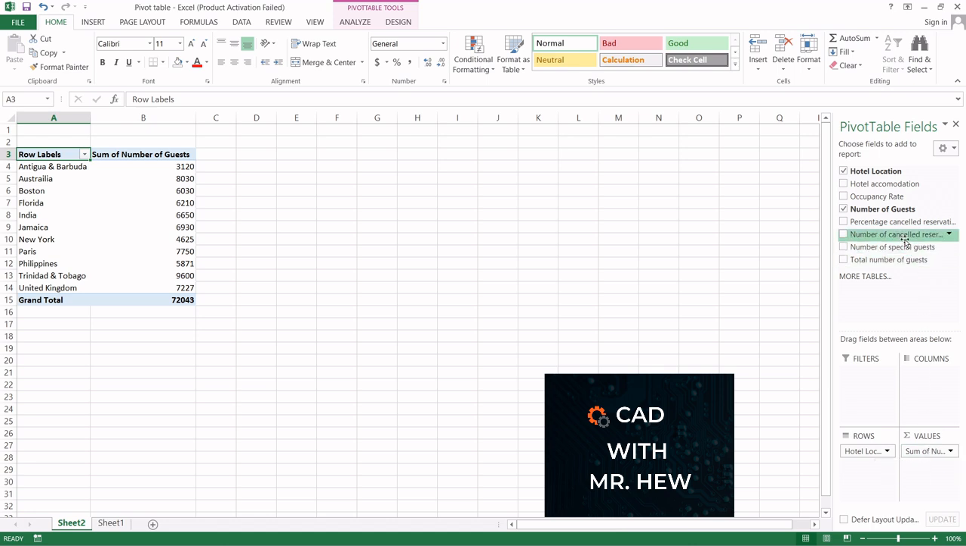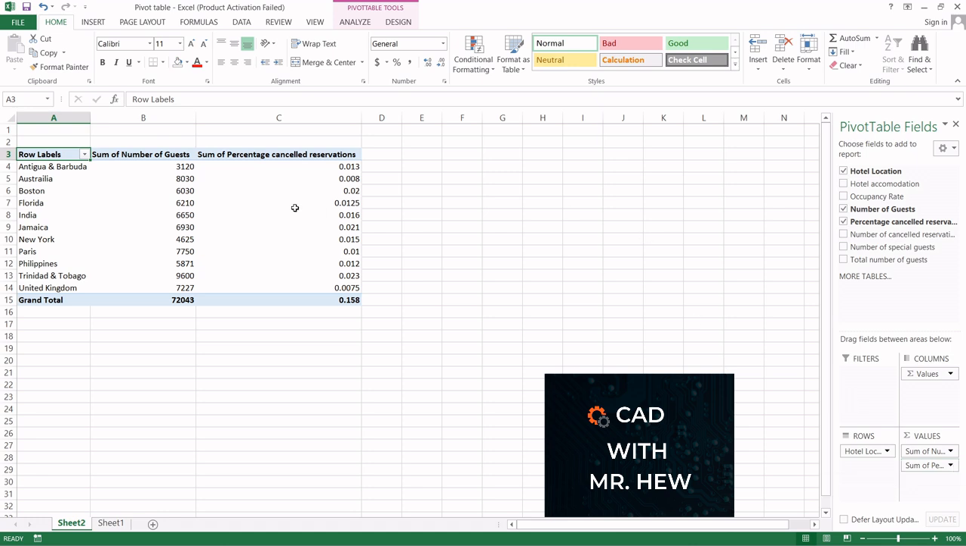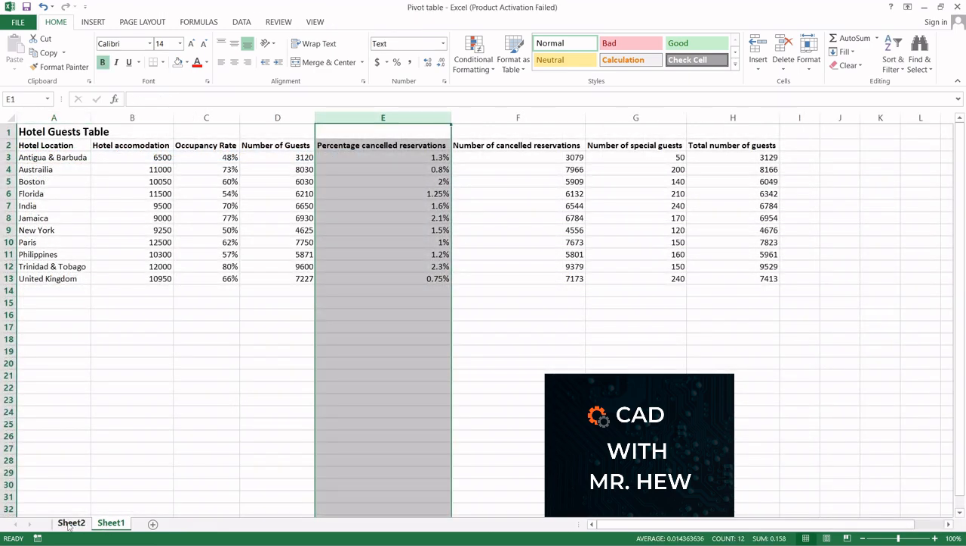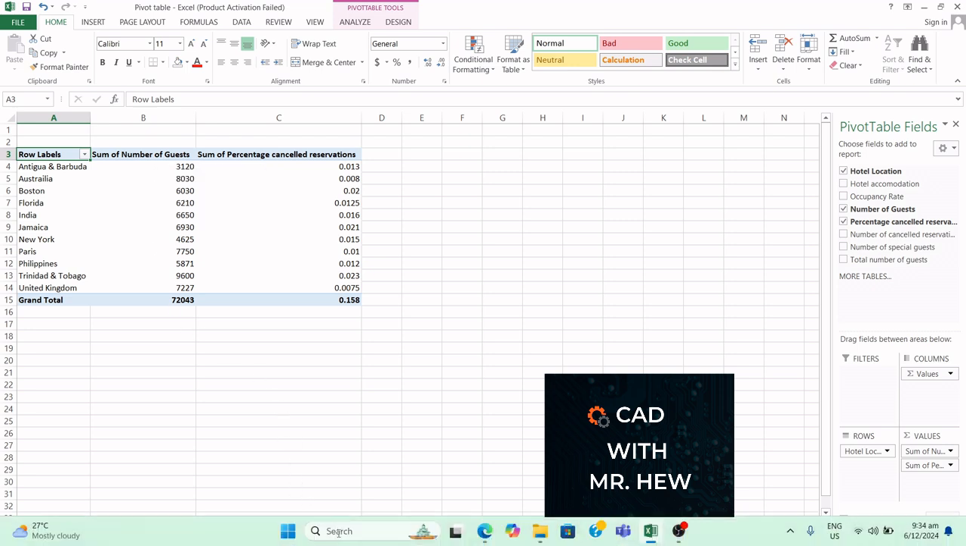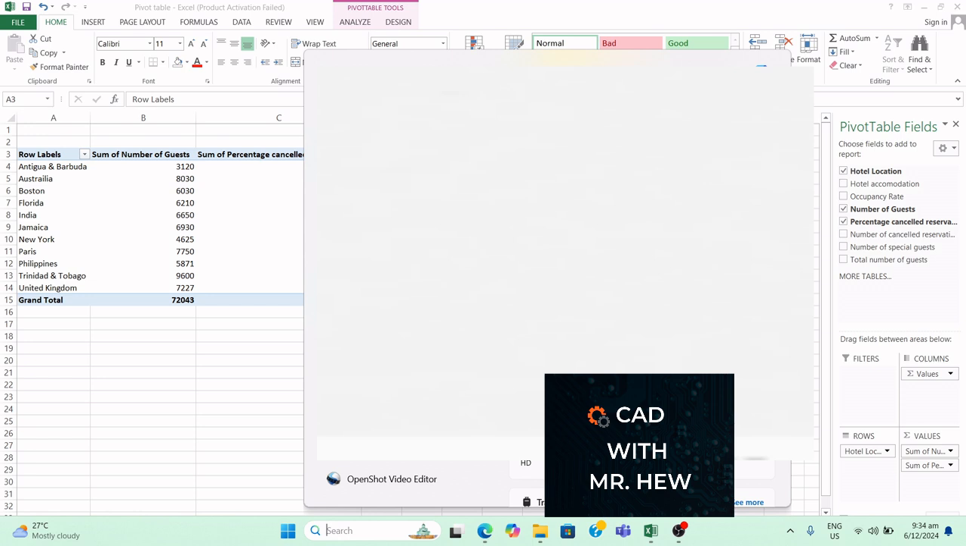Then we want the percentage for today's video, the percentage cancellation of the reservation, right? And this is how we would summarize our table from this original table here, right? And then now what we can do, we can copy this information and put it in a Word document, right? So I'm gonna come here now. I'm gonna go to Word,